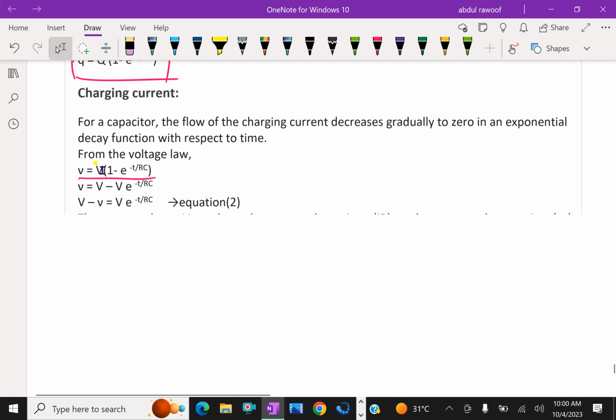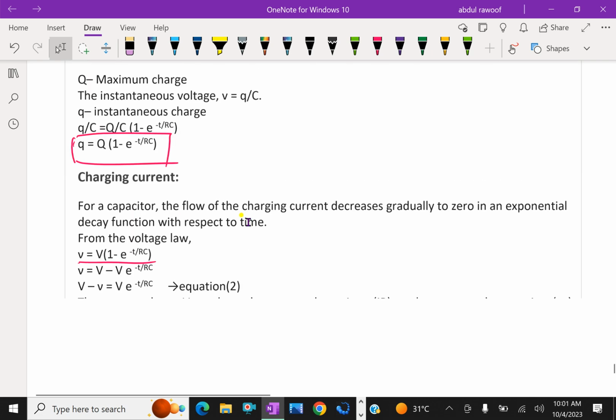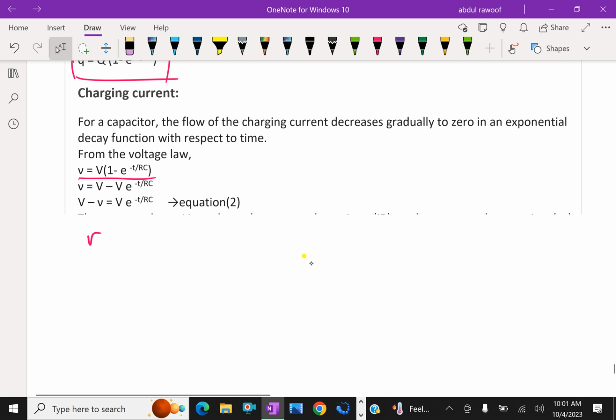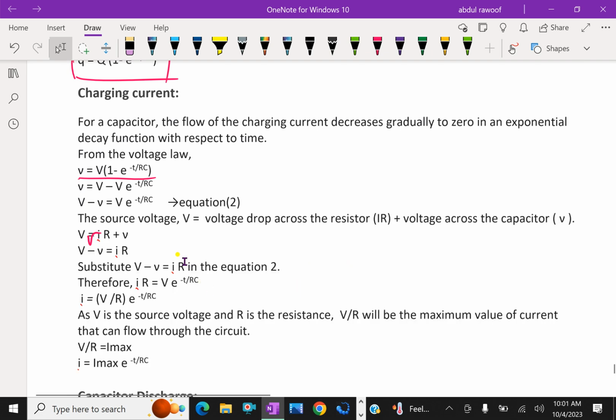then v equal to V, open the bracket, V into e power minus t over RC. Then V minus v equal V minus V into 1 minus e power minus t over RC, so V minus v equal V into e power minus t over RC. Now voltage we can find. Therefore from here we can write,